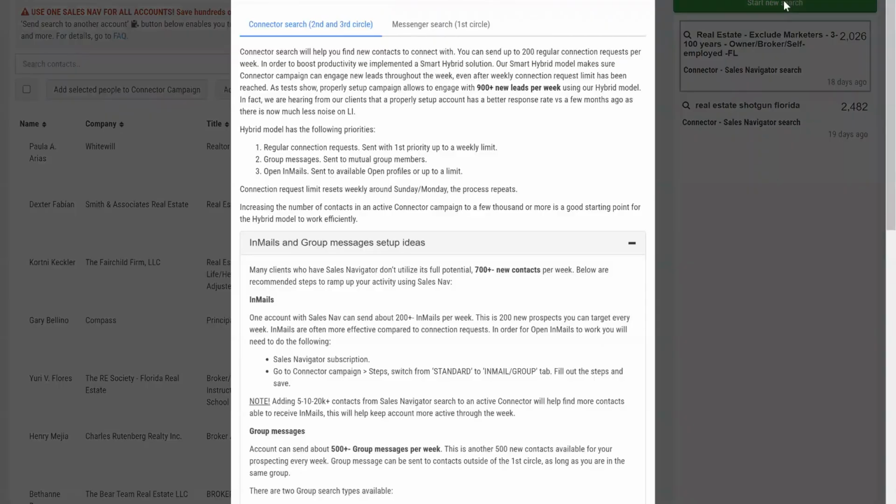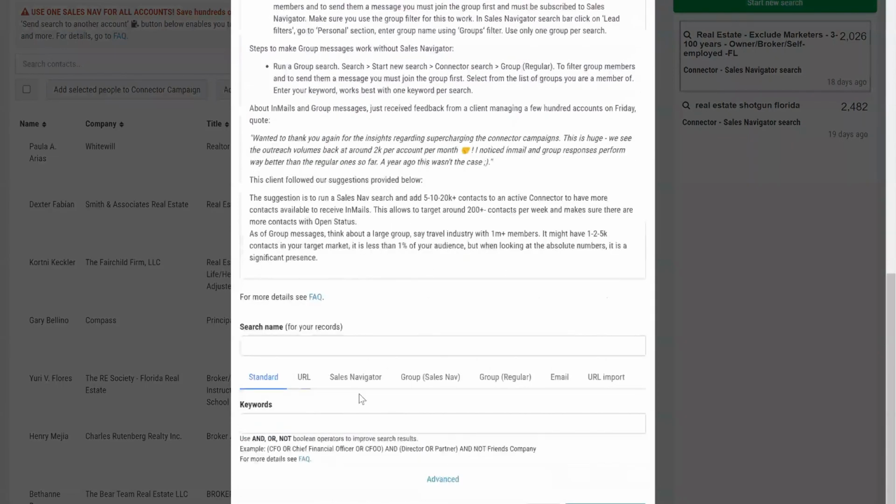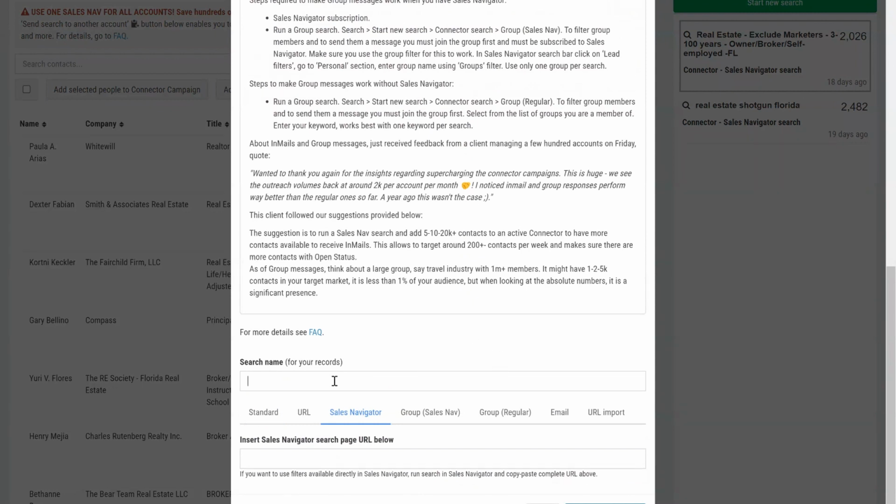We'll go up here to start new search. We're going to go down and we're going to do a LinkedIn or Sales Navigator, I should say. Put your search name. Now, what I like to do for search names, I like to be specific so I understand and I know what the specific niche is or what I'm looking at exactly. So let's say here we were doing a Miami-Dade. So I'm going to do Miami-Dade. Be helpful if I could spell. And let's say I only did people from 3 to 99 years. And then what else? And we also did only CEOs and so on and so forth.